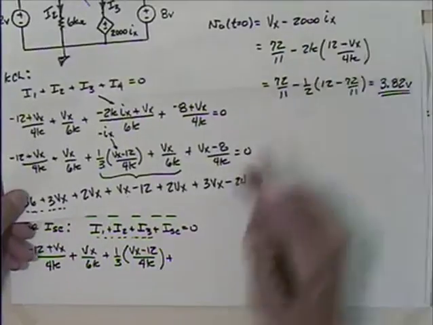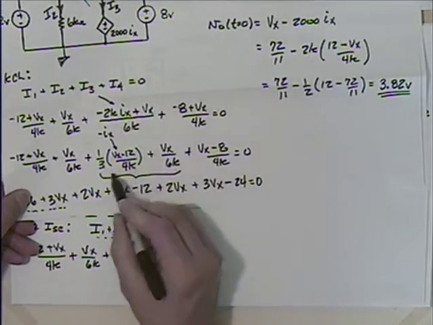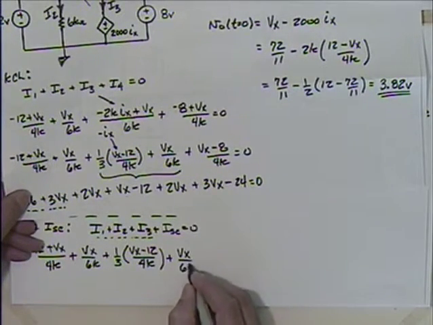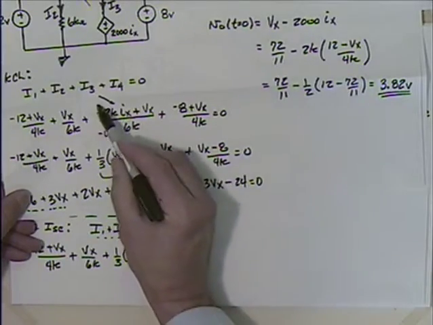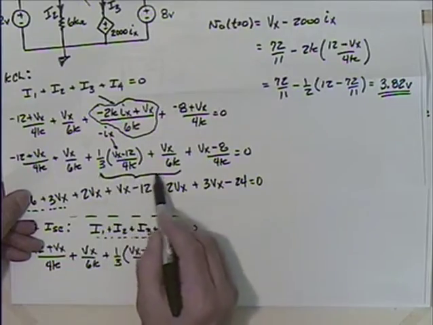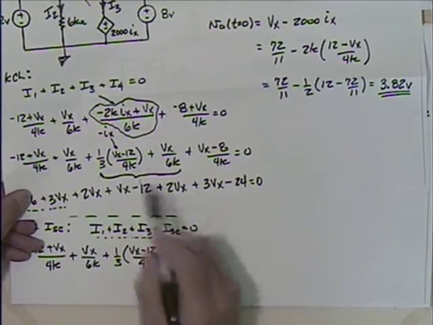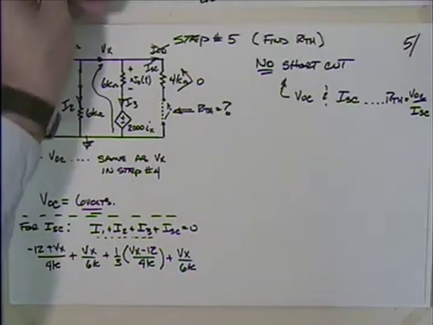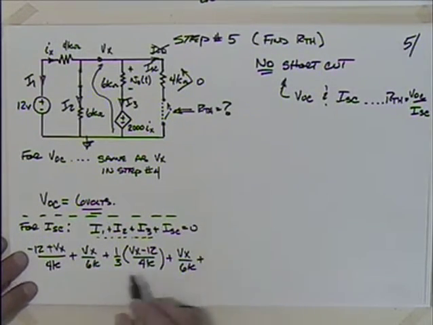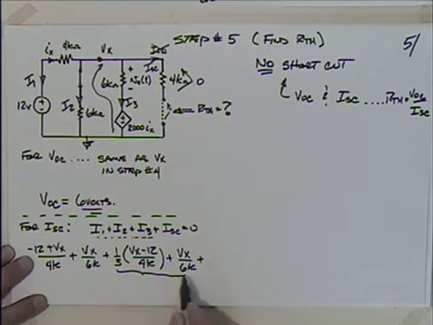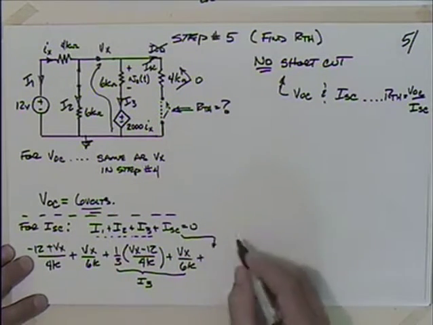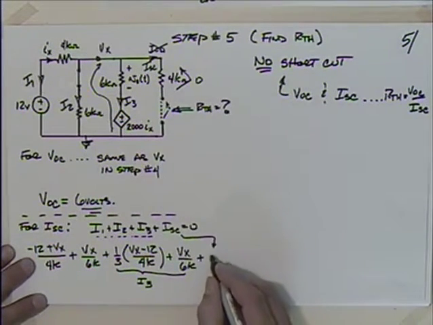And remember this one, I3, which we expanded out, so I've got a plus Vx over 6k. I'm just avoiding going through this step and having to make the substitution for Ix, so I come down here and use this one. That is I3. So now I have what? I short circuit. So this whole thing again is I3. And what's I short circuit? I short circuit is right there. It's going to be Vx over 4k